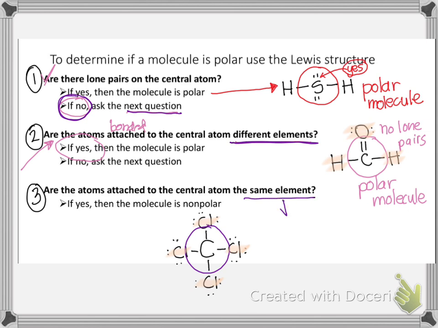And not as the central atom, but as each other. So we're not worried about the identity of the central atom. We're looking at the atoms around the central atom and asking ourselves, are they the same element? Are all of them the same? And so these are all chlorine. So yes, then this